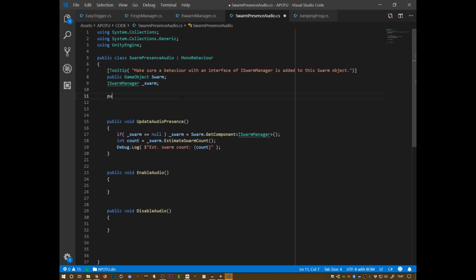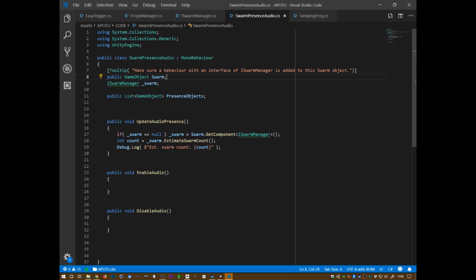What if I give this one a list with game objects, and this we call presence objects. Okay. Then it doesn't even matter that we're dealing with audio here, because all I'm gonna do when we enable and disable the audio,